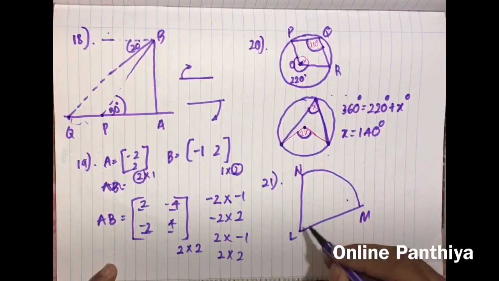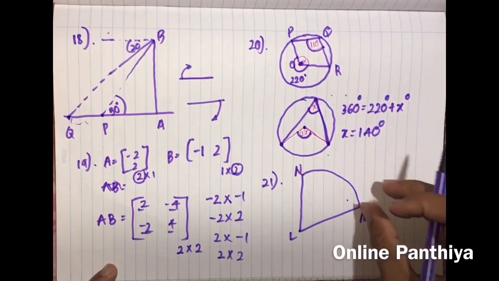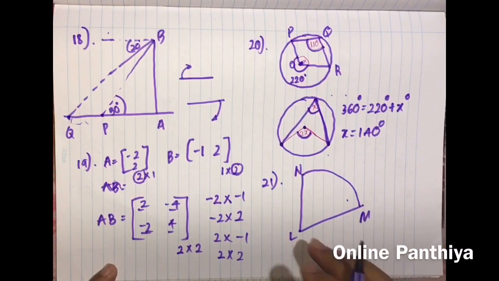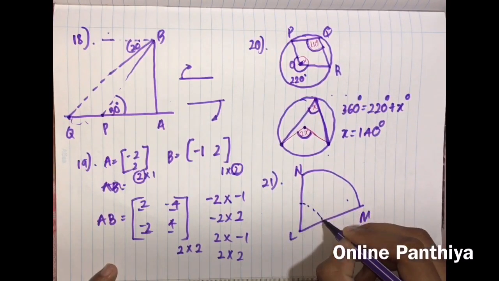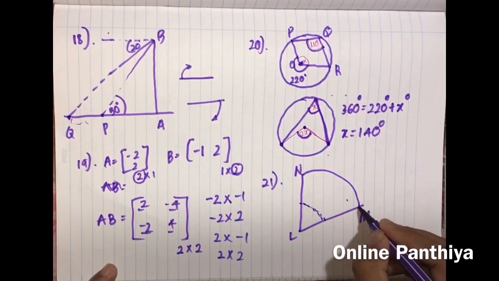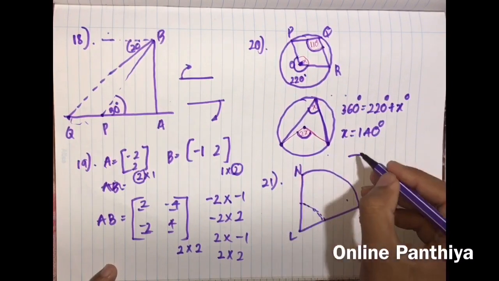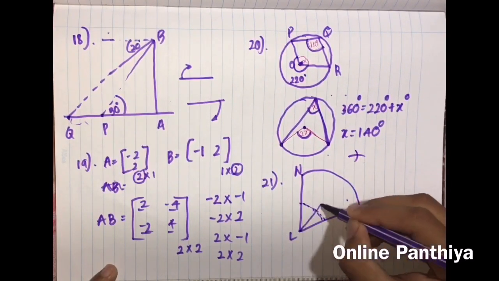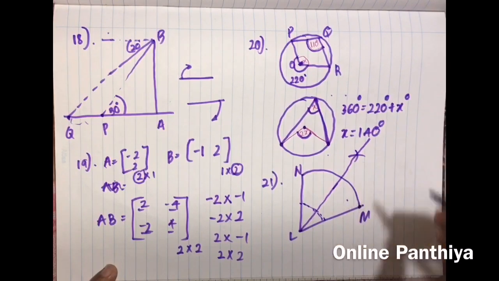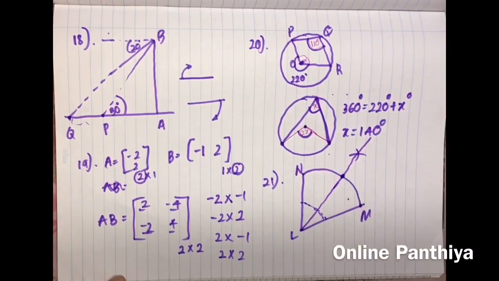So you bisect this angle. Keep the protractor here. Okay, you can do it. You can draw an arc here, or you can start from here. Keep the protractor here, make an arc here. Keep the protractor here, make an arc. Join this. So this is our point. Okay. Let's check the